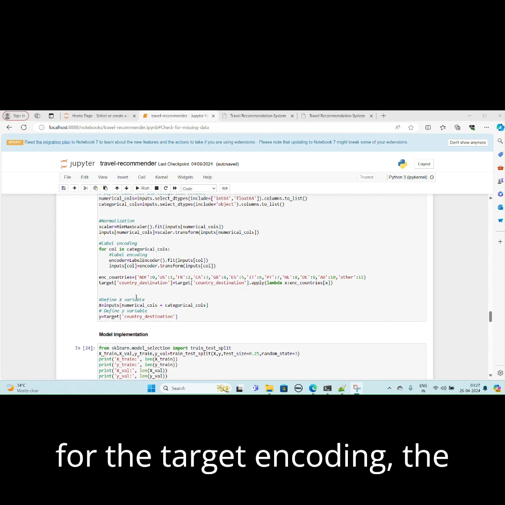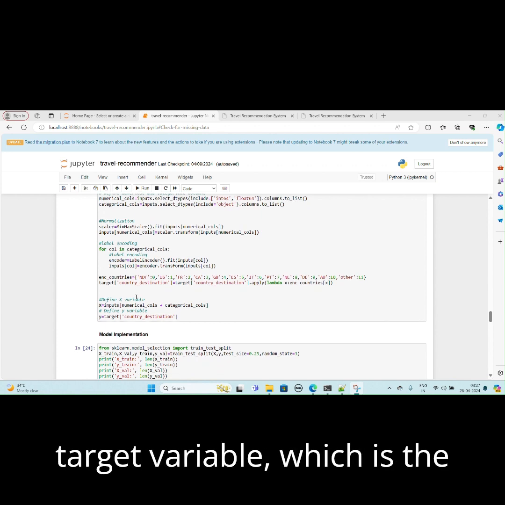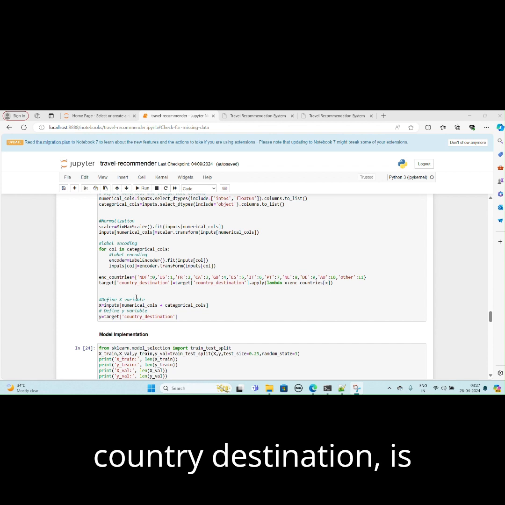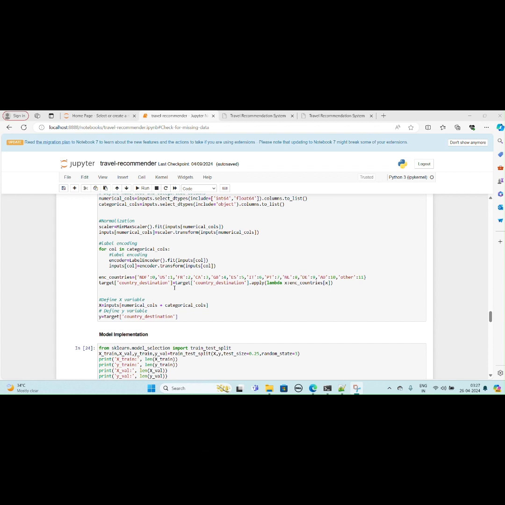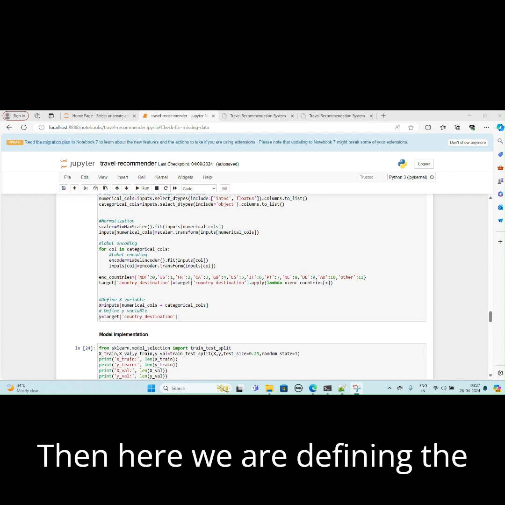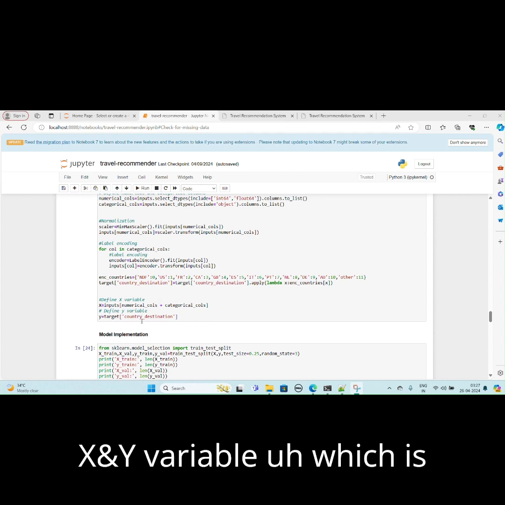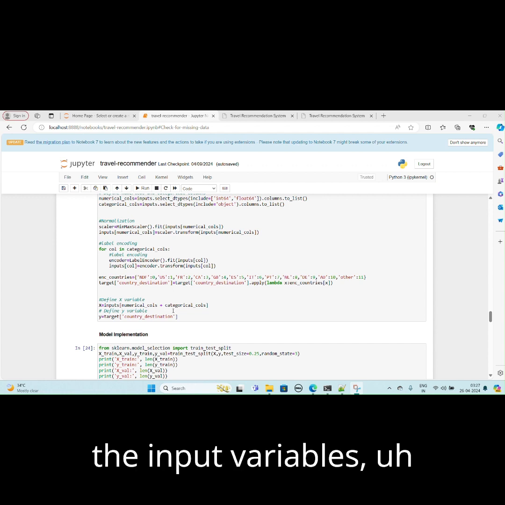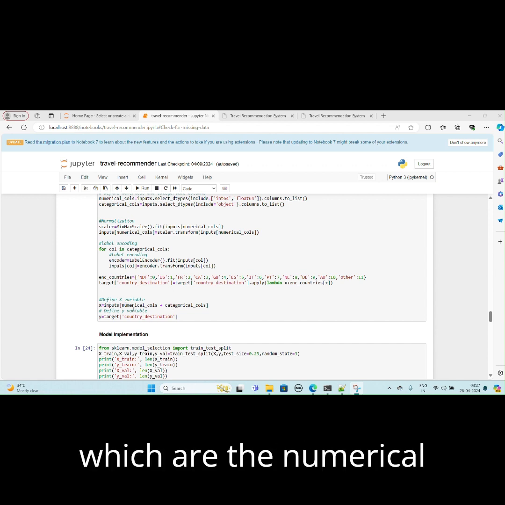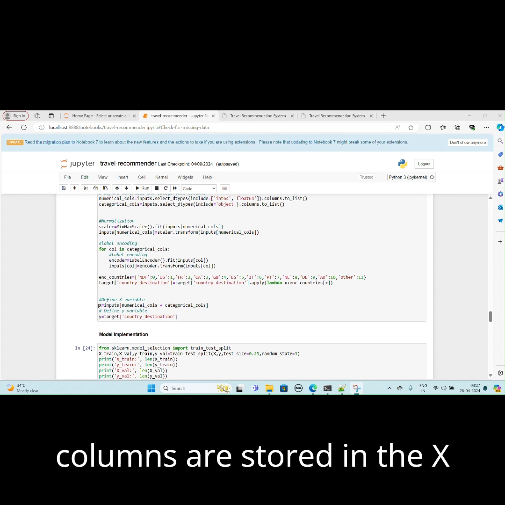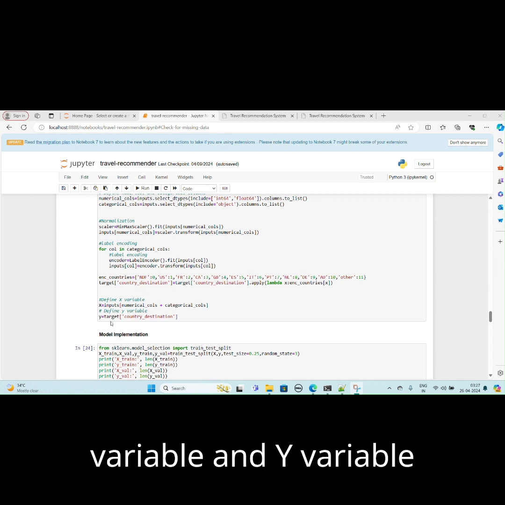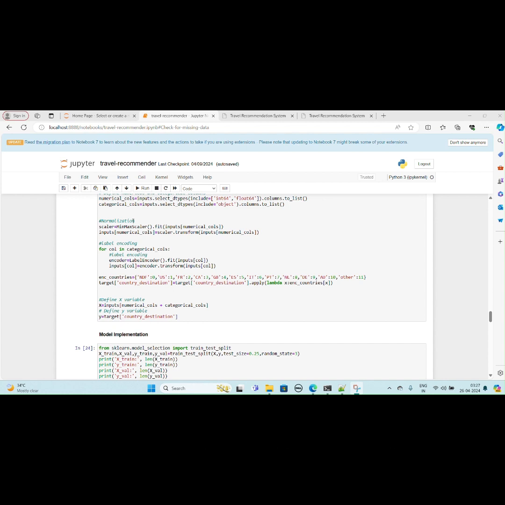And for the target encoding, the target variable, which is the country destination, is encoded into numerical values. Then here we are defining the x and y variables, where the input variables, which are the numerical columns and the categorical columns, are stored in the x variable, and the y variable contains the target variable.